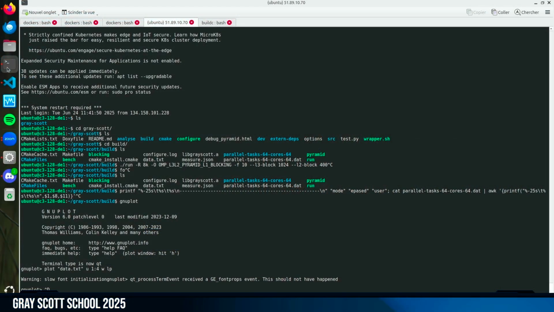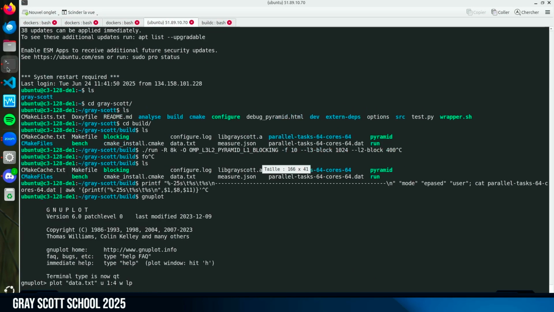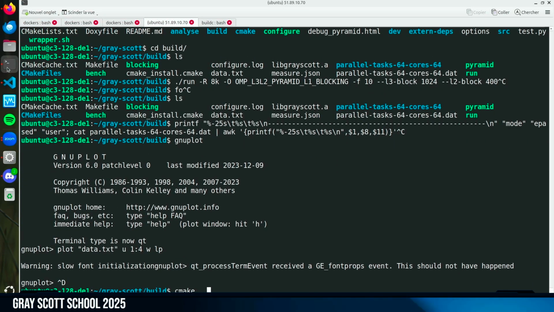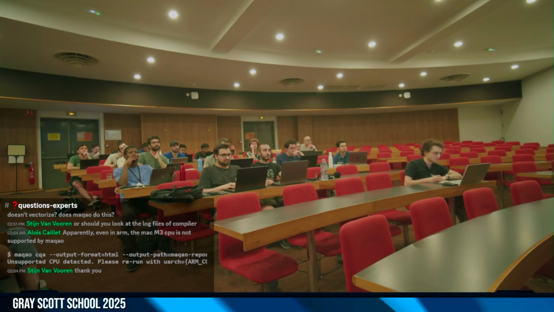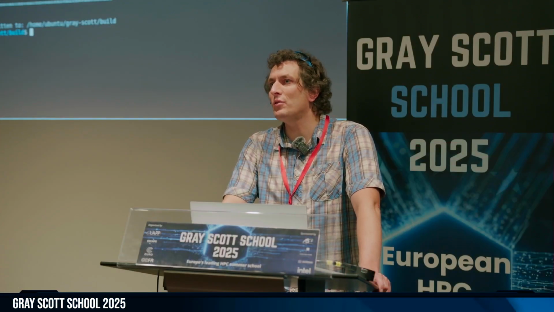If you do CMake dot dot, which compile mode is it using by default? It's nothing. Neither debug, nor release, nor anything.